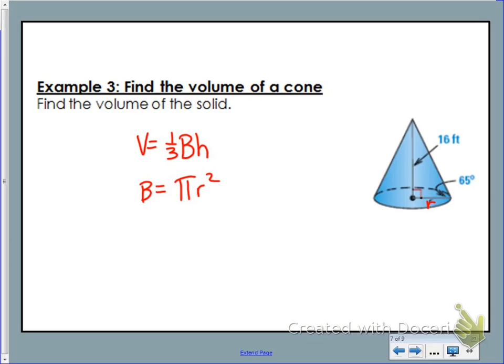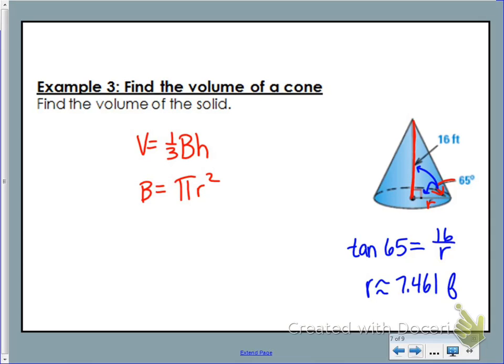Well, in this case, we're given the height and we're given this 65-degree angle. So what we can do is use trig to go ahead and find the radius. So since I'm finding the adjacent leg, knowing the opposite leg, I'm going to use a tangent function. So tan of the 65-degree angle is equal to the opposite, which is 16, over the radius, which is r. So if we go ahead and cross multiply, we're going to find that the radius is about